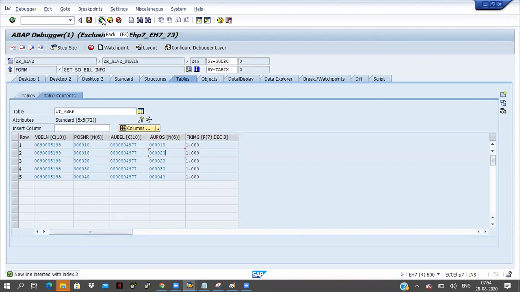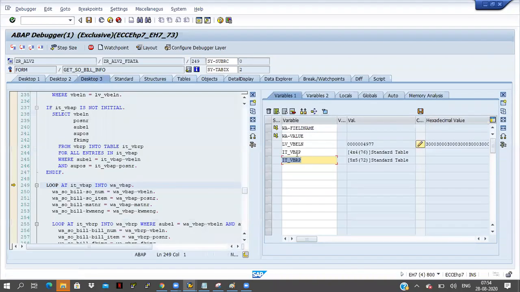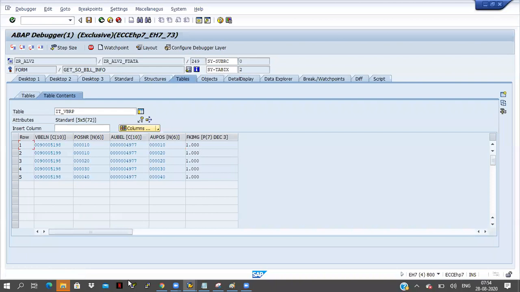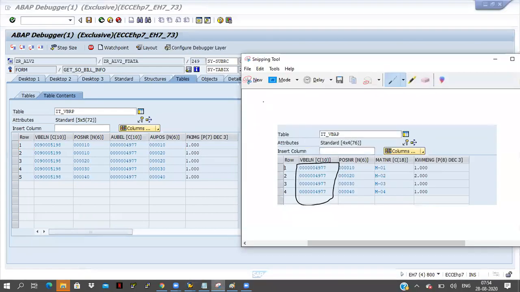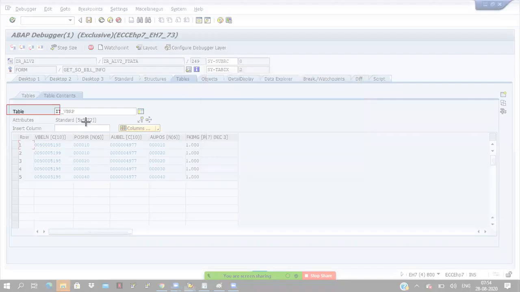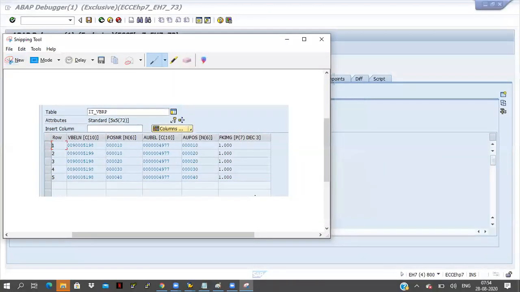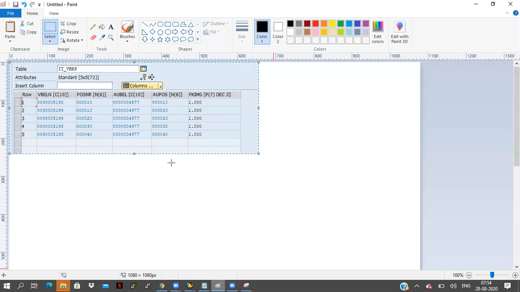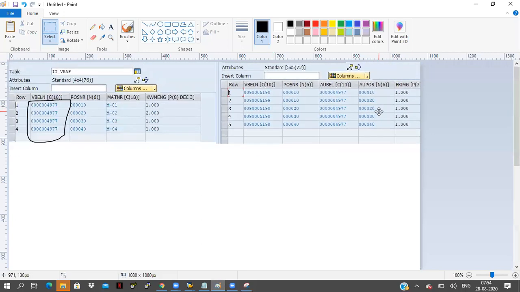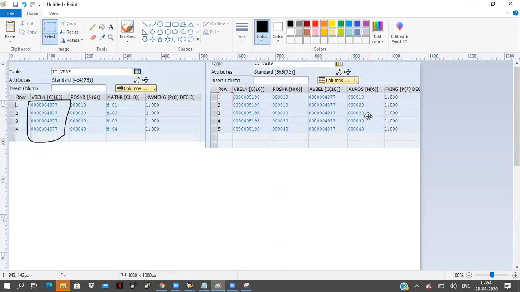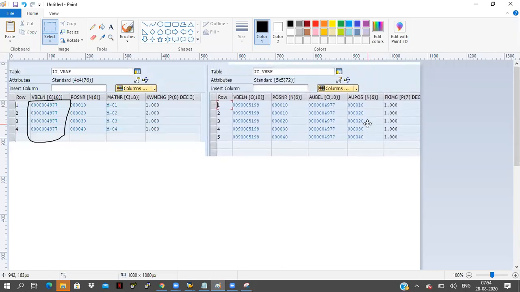Now click on the back button. Sorry, I have to take the screenshot for this one. Fine. This is the sales document number 4977 and item number 10, right?